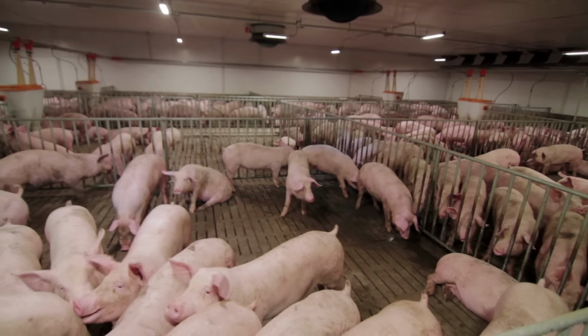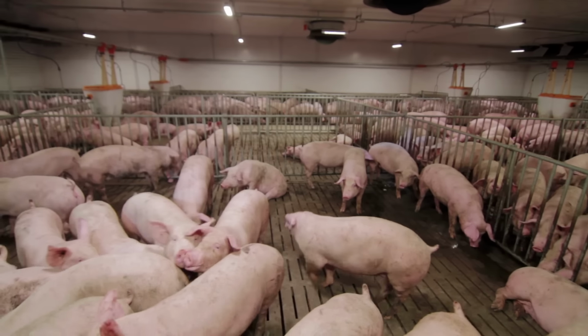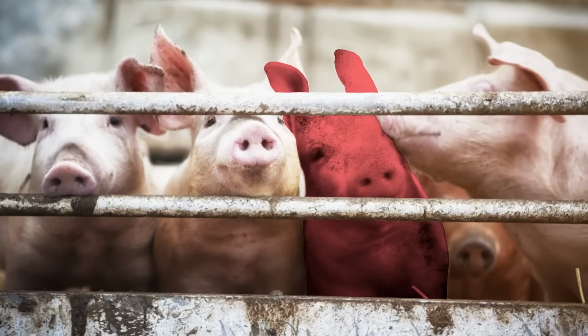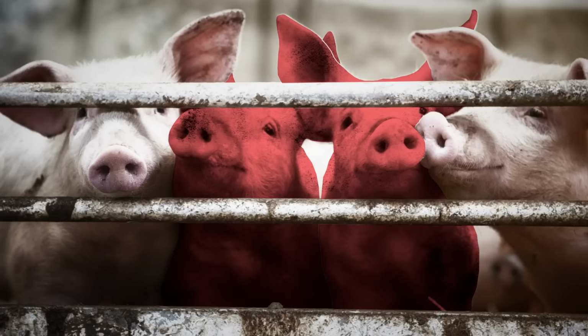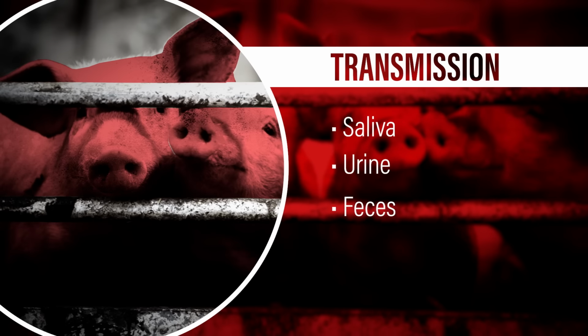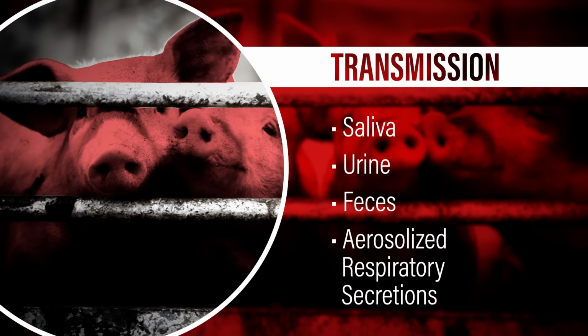It's important that pig farmers and pig owners understand not only the seriousness, but the basics of African swine fever. They should know this disease affects all swine, including livestock, pet, show, and feral pigs. Healthy pigs may become infected through direct contact with an infected pig, through saliva, urine, feces, or aerosolized respiratory secretions